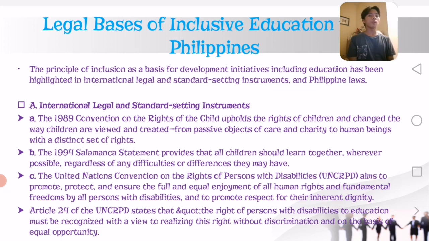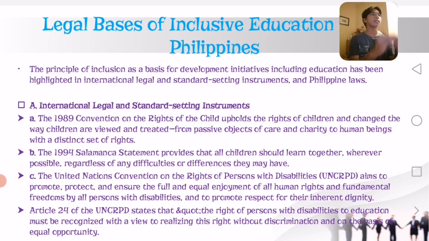So Article 24 of the UNCRPD states that, quote, the right of persons with disabilities to education must be recognized with a view to realizing this right without discrimination and on the basis of equal opportunity. So, equal opportunity. For example, whether you have a disability, there are some agencies, some companies that offer